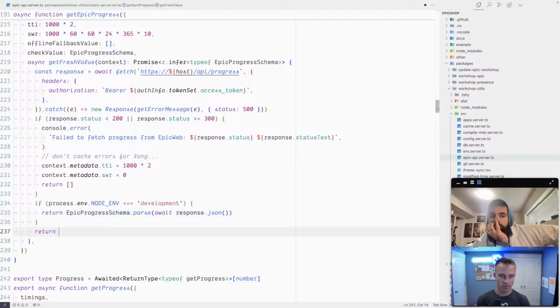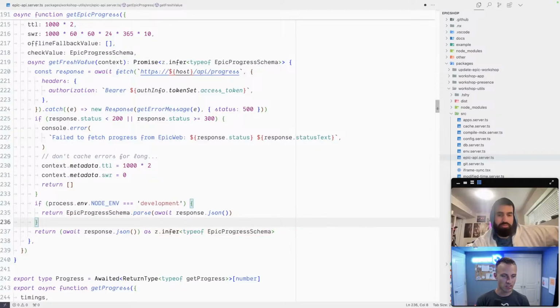Otherwise, we'll just return the await response JSON, and we do as that. So you can still get the type safety, but it is important to actually do the parsing, right? And to get errors if there is an error. So I wouldn't recommend doing this, but if there is a performance problem, then this is a way to work around it.